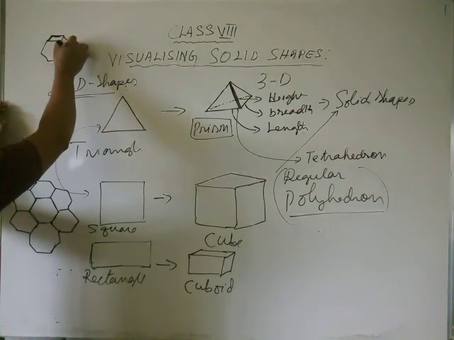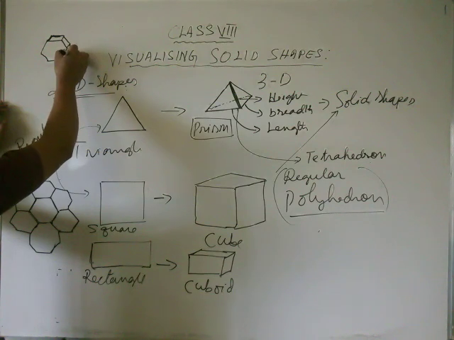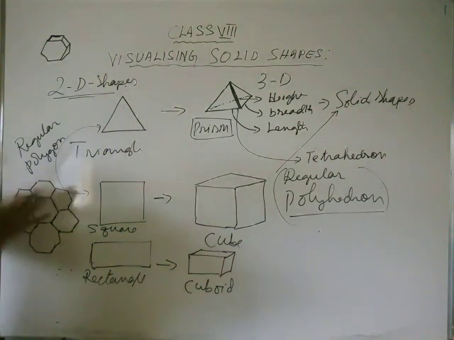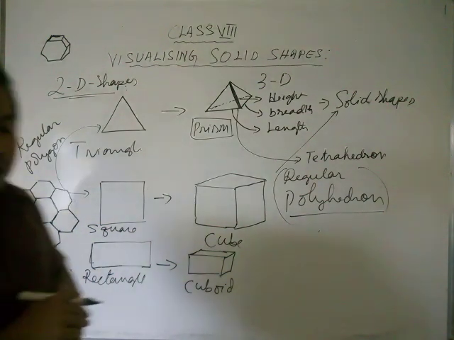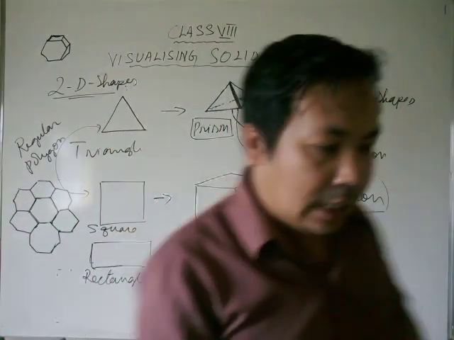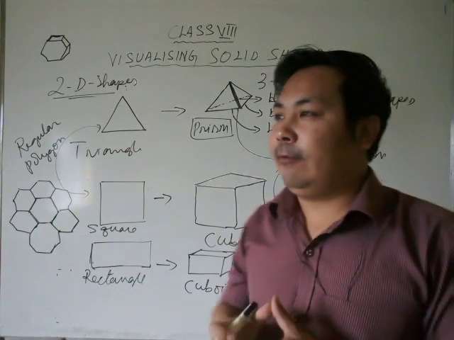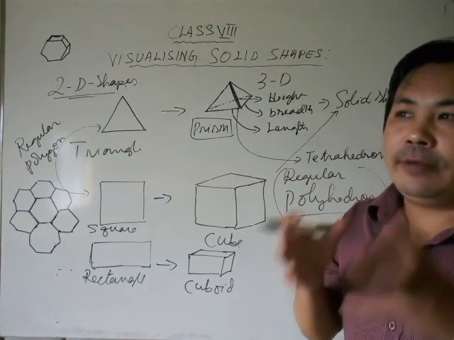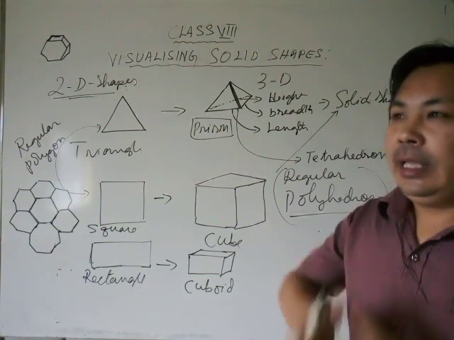3D shapes, for example. This will not be, but I am just showing you. And this one 3D shape is there. All the faces are hexagons, all the faces are hexagon and also regular. And in this case, if you find that a 3D shape is having all the faces as regular hexagons, then that